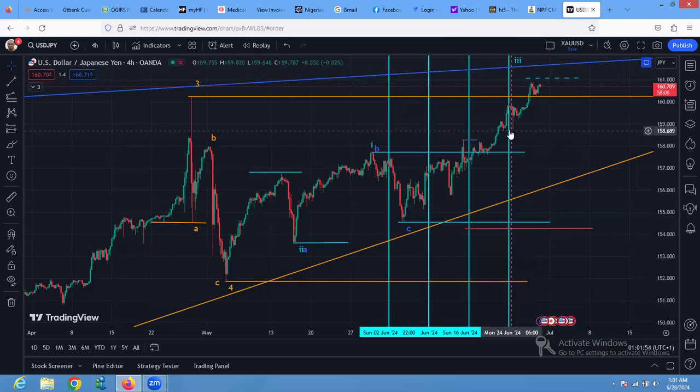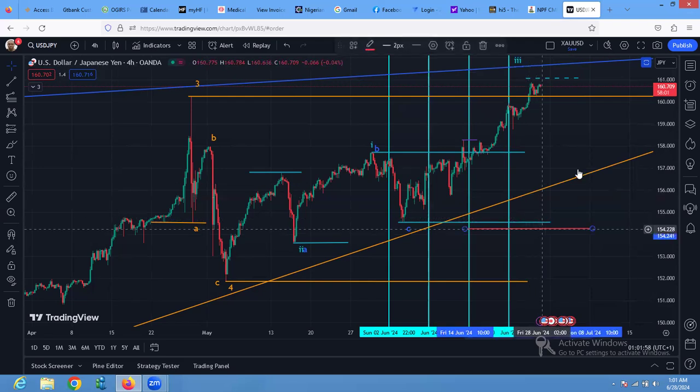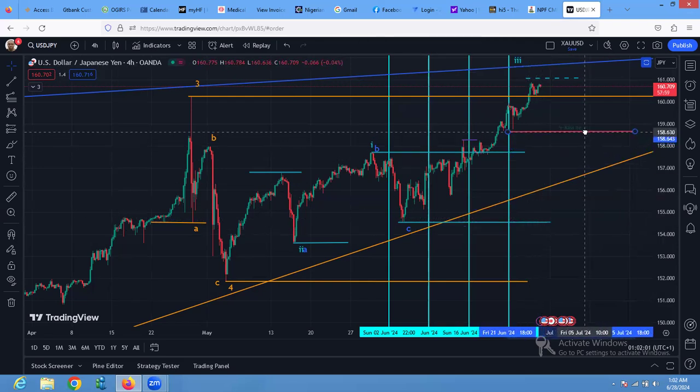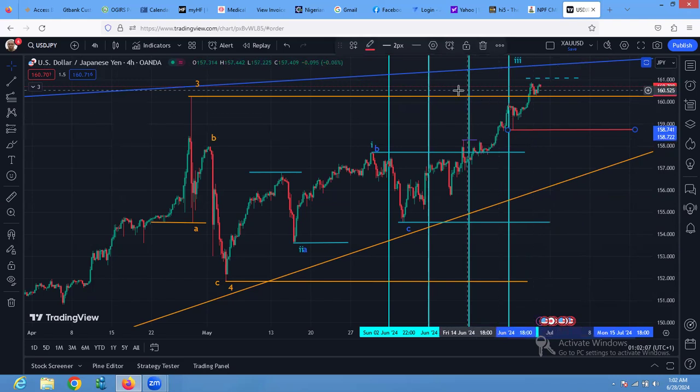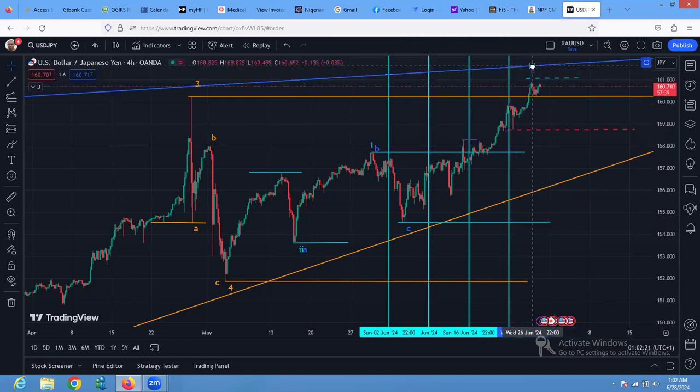We need to come and take this now, or come around this area to end 4 in the blue. So we need to come around this area to end 4 in the blue. So which means we have to break this immediate structure, come within the vicinity of this structure, but we still need that reaction to the downside, and which may finish 3 in the blue, 4 in the blue, go up 1 more time